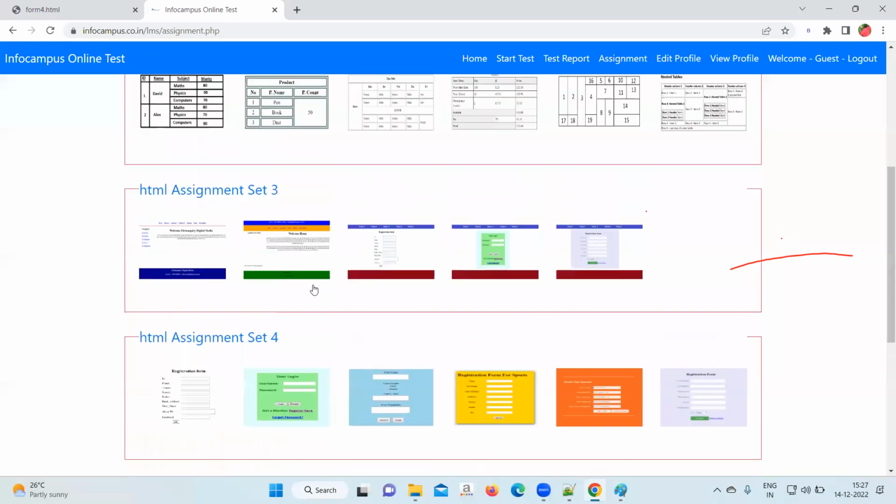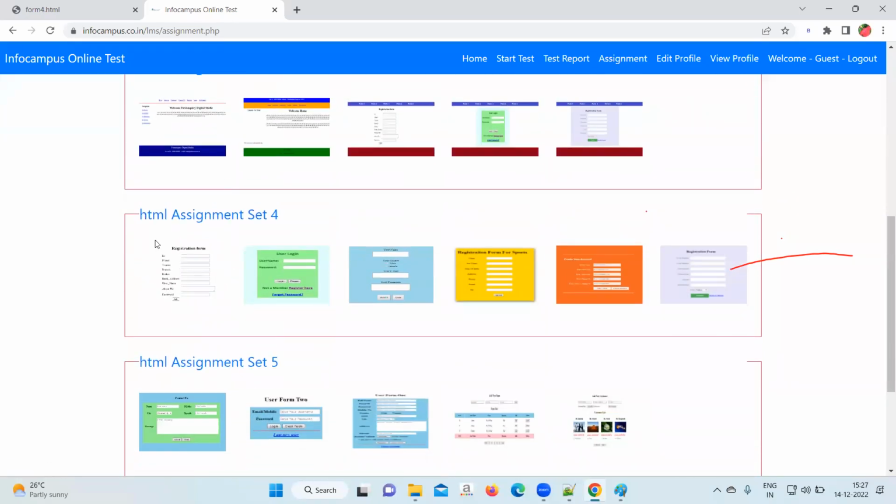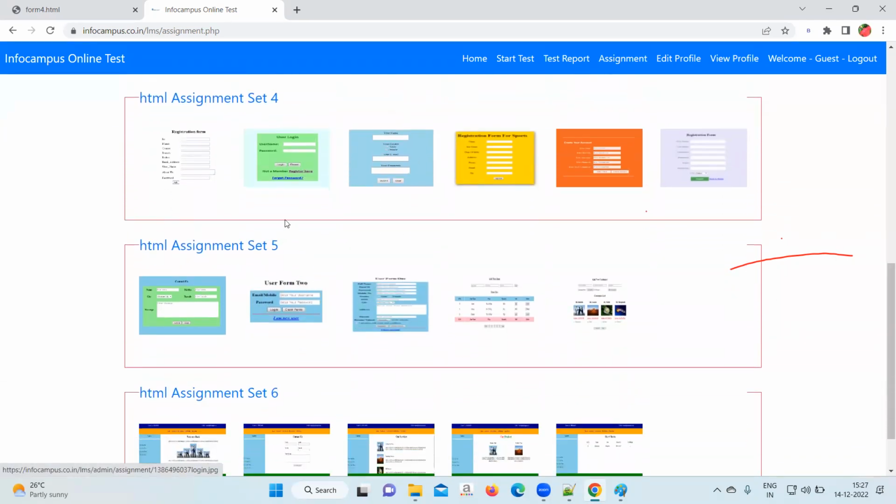Okay, so hope set number 1, 2 is ready. Set number 4 you have tried, some people have tried yesterday. Very good. Now from set number 5, from set number 5 you have to do the